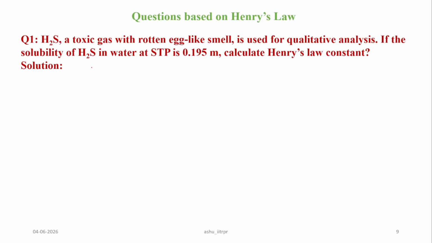If the solubility of H2S in water at STP is 0.195 molal, it is written as a small m, molal. So what is the definition of molal? Two things we can derive from this. Molal means the number of moles of solute present per kilogram of solvent. So 0.195 molal means 0.195 moles of H2S are